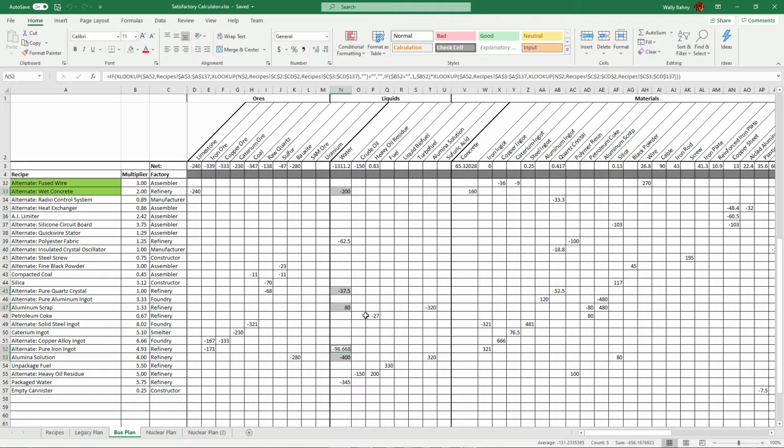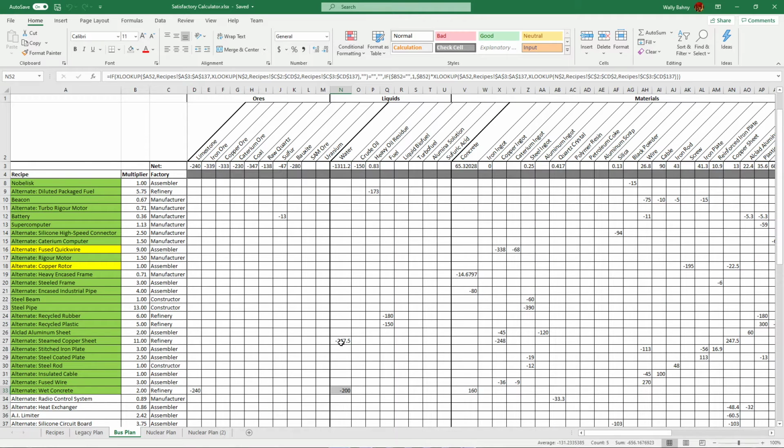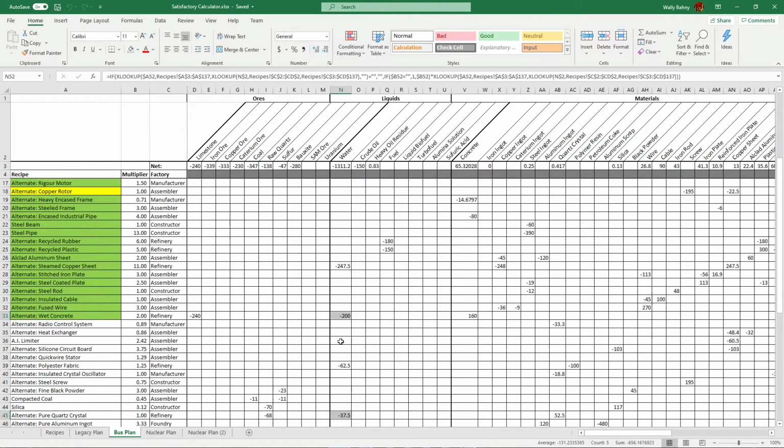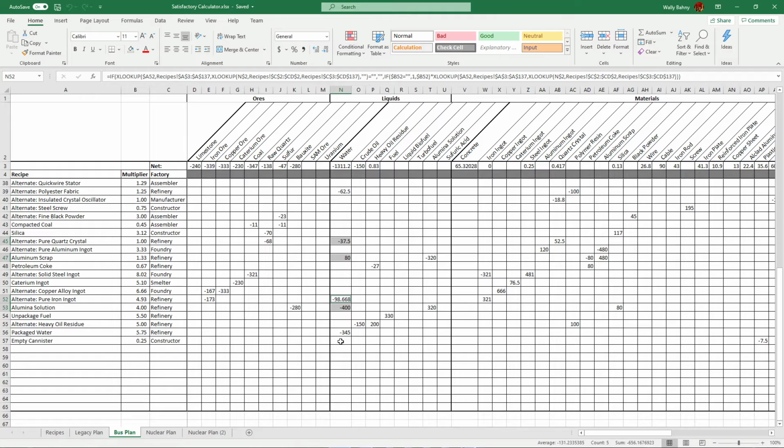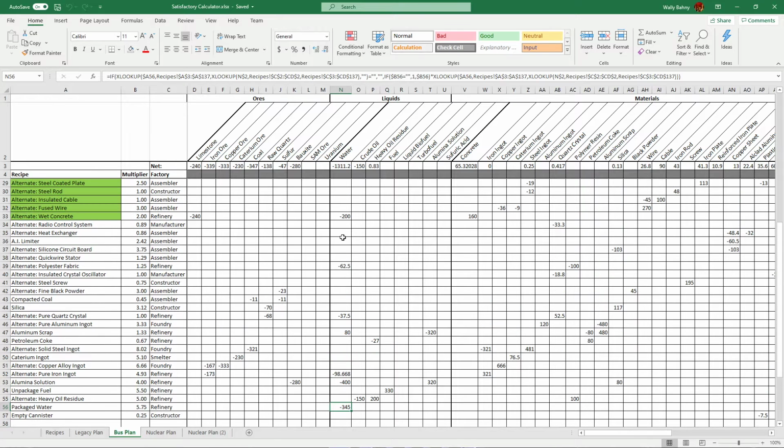I don't know how I'm going to do it exactly yet, but a whole pipe basically goes to steamed copper sheets, and then the rest of it gets left in the refinery. Over a pipe alone is left in the refinery, as well as...